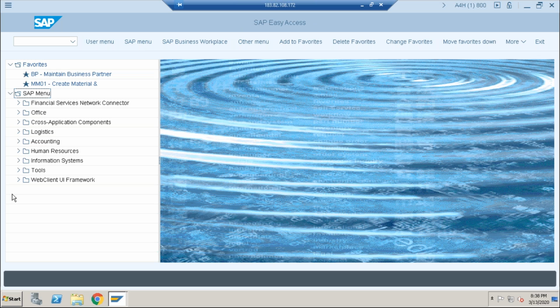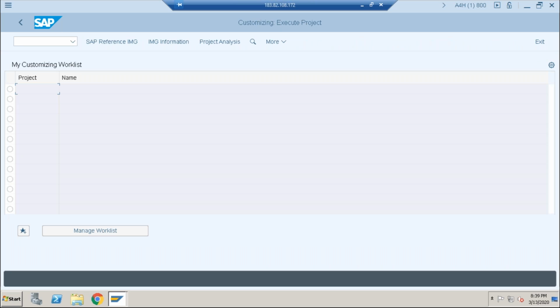Go for SPRO. Sir, I don't want the standard menu. I want only the finance menu to be required. Okay, I want to assign only the administration menu. I don't want to provide all those things. Go for SPRO. For the role menu, we already know PFCG. In the menu tab of PFCG, the transactions and folders come in the role menu. Now I want to change the standard SAP menu. Okay, how can I change it?